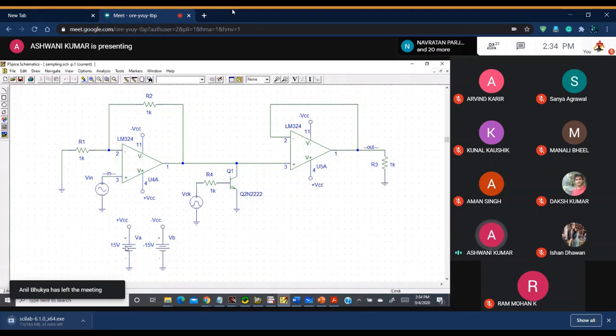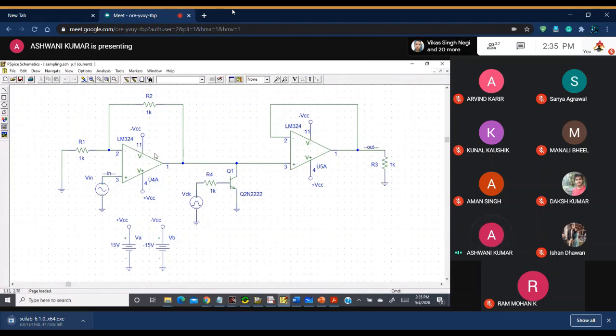If you assign it here and just write VCC, that voltage is automatically assigned. Minus VCC is connected here, and plus VCC, whatever you define here, is here. There is no need to assign again and again. This is a global parameter. You just define it somewhere in the circuit schematic, and the value is automatically assigned.